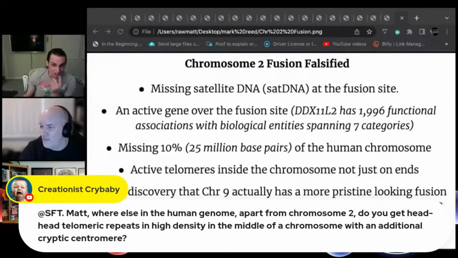chromosome 9 data, which shows that there is a much more pristine-looking region for what looks like a fusion already, with both forward and backwards connecting regions that are chained together. So if we could just find these telomeric repeats that bind together and look like a fusion in random chromosomes throughout, then who's to say it's the result of a chromosome 2 fusion? If we can find a better-looking one in chromosome 9 that's not a fusion, then to me it seems unreasonable to assume that it was a fusion just because it's needed in the evolutionary idea. There's no reason to say that there had to be a fusion. There only is if you look at it from the perspective of evolution. Creationists are fine with it being or not being a fusion. So.